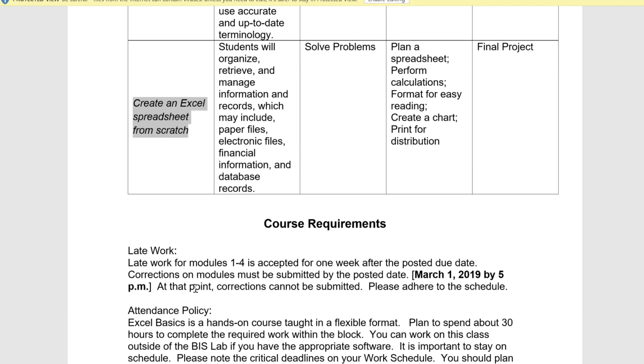All right, my late work policy is for modules 1 through 4. I accept late work for 1 extra week after the posted due date. So for example, your first due date is this Friday, the 25th of January, and the last date you can turn in chapter 1 is February 1st, the following Friday. Okay, at that point,